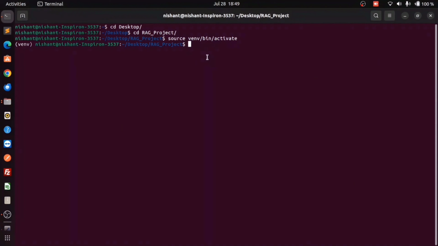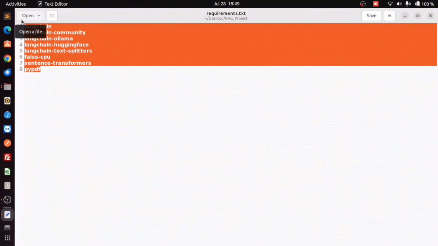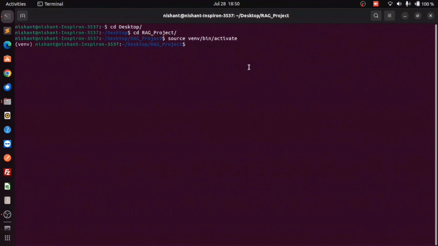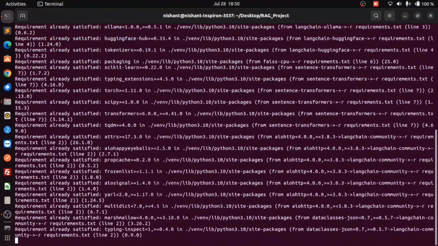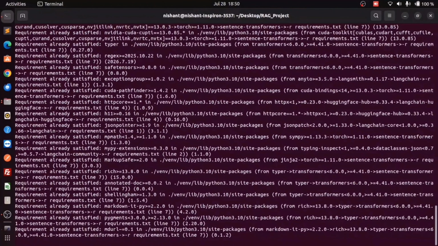And now let's create a requirements.txt file where we'll mention all the required libraries to be installed, and then we will install them. So this is my requirements.txt file. These are the imports which are required in our project and which we are going to explain. We can mention all the required libraries here, and then we can directly install all these libraries in one go. We can do pip install -r requirements.txt. For me it's going to say requirements already satisfied because I have already installed all those libraries, but for you it will take quite some time.